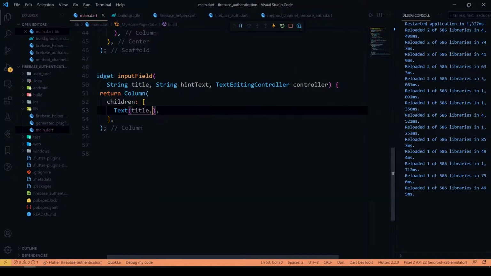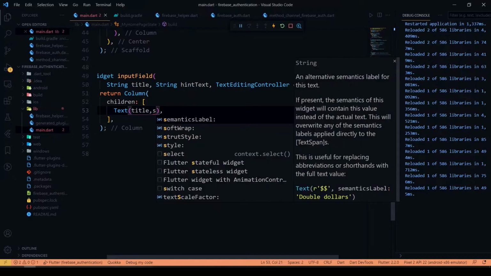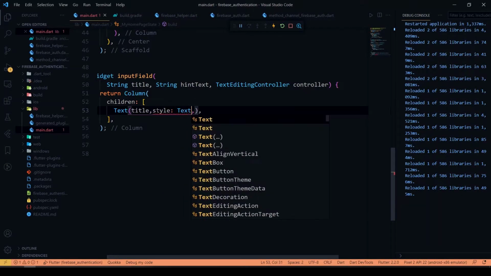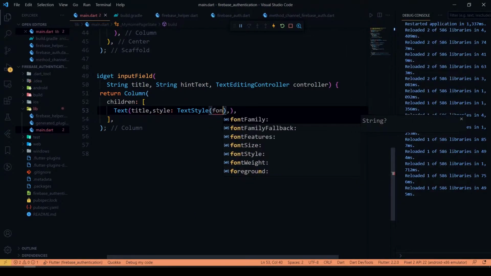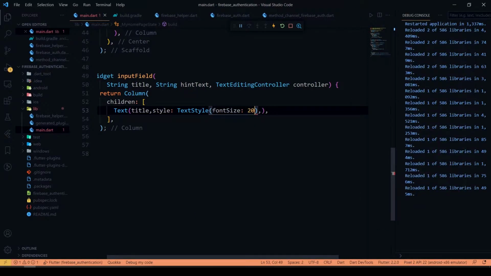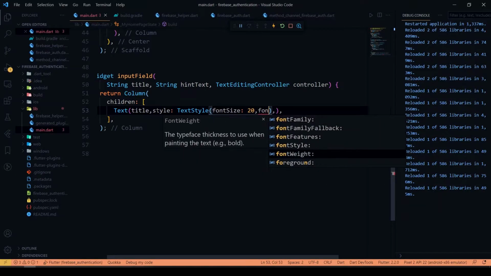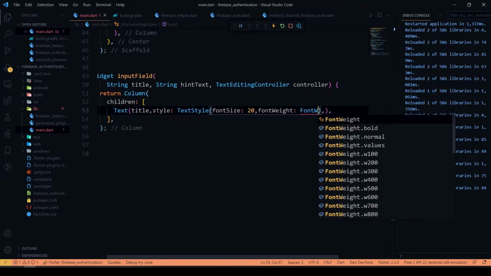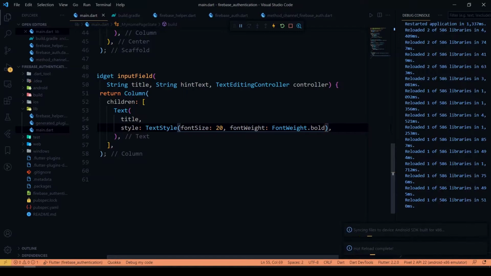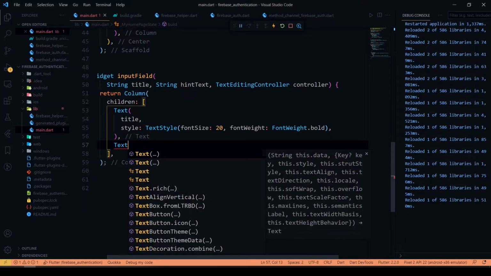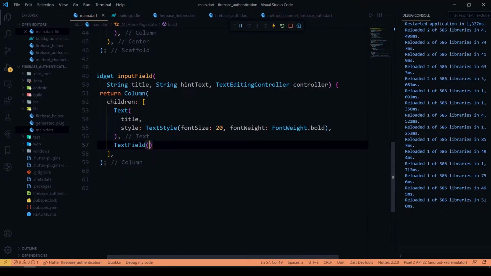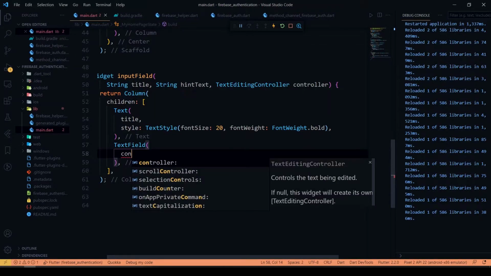I'm going to give a style for it. After that, give a text field here. We'll be setting our controller.